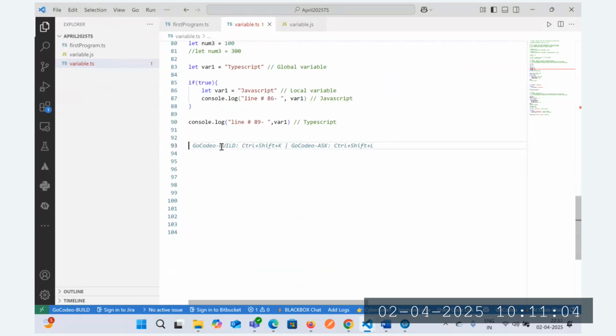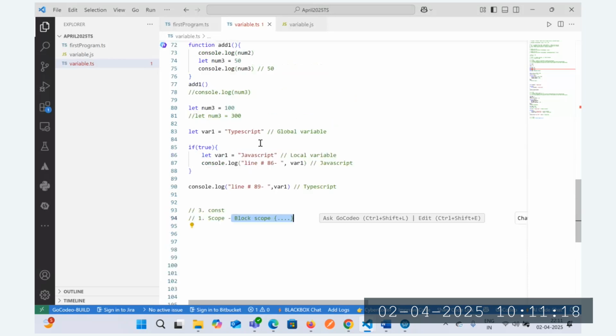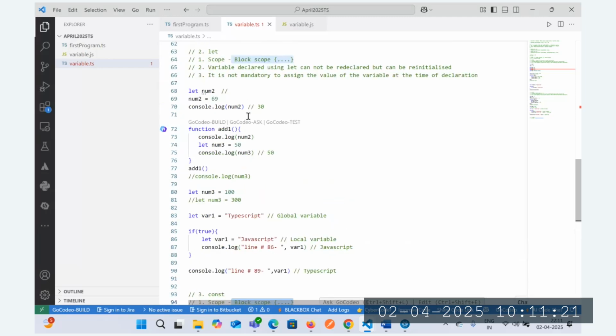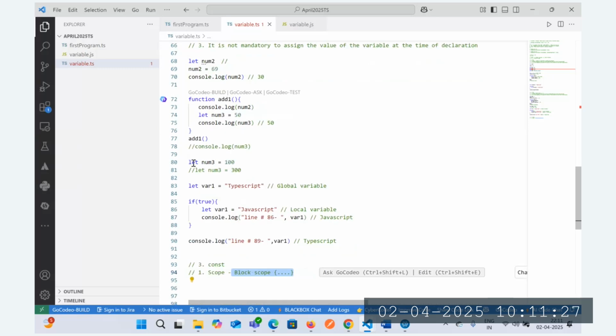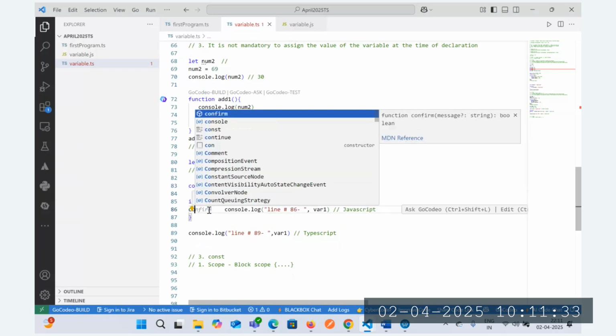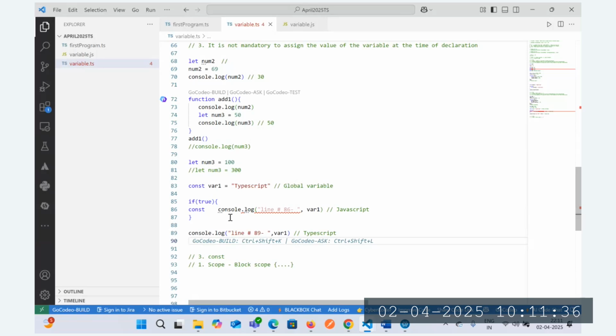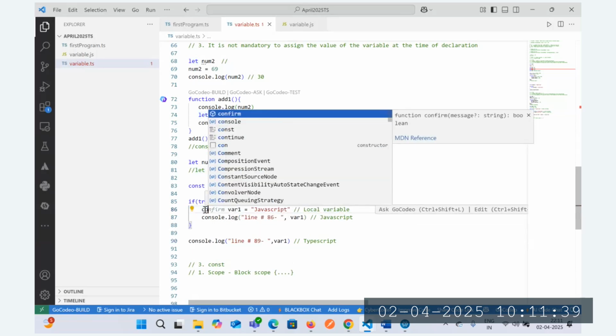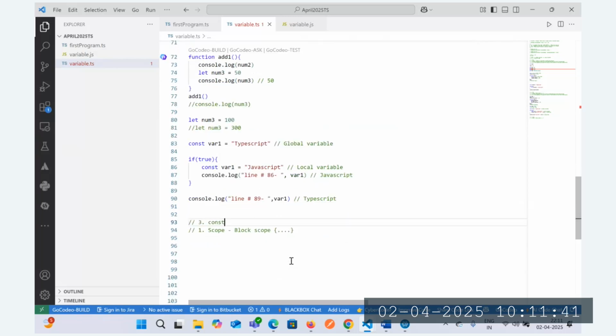Now, what about the const keyword? The const keyword is similar to let. First is the scope, which for let is a block scope. You can change it and see for let versus const. So you can do similar things. Let's say const var1 equals to this, and you can also try to declare const var1 equals to this over here. In this case also, it will do similar things to what it did in terms of the let